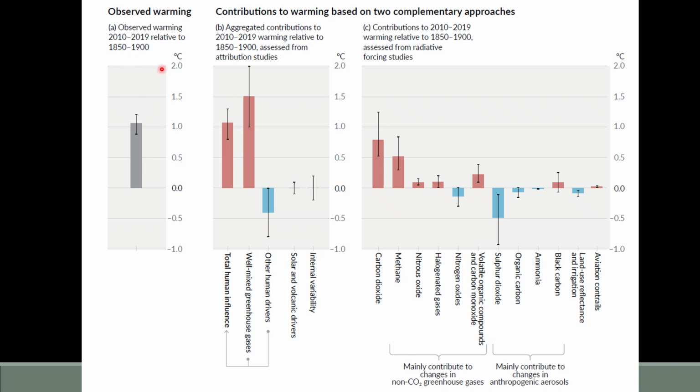Okay, so here again, we're looking at observed warming relative to 1815 to 1900. So again, we've seen about a 1 degree temperature change. And then what are the contributions to that, right? So human influences, greenhouse gas influences, other human drivers. Note some of those, because of human aerosol pollution, would actually have a cooling effect. So the warming effect is despite that. And you can see here sulfur dioxide being something that would have a cooling effect,